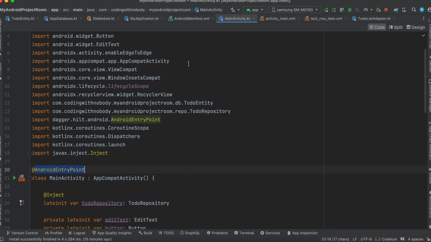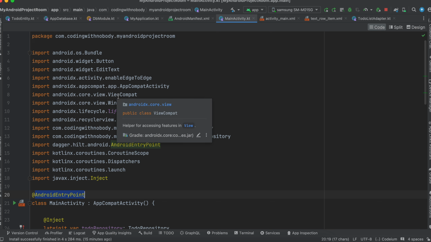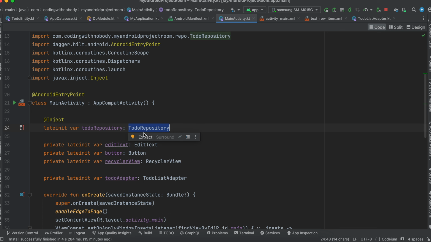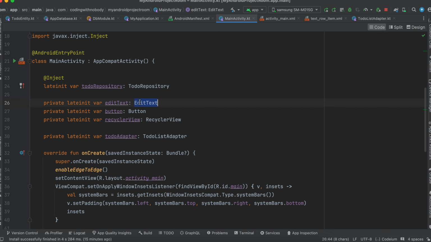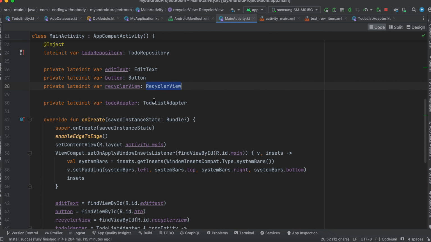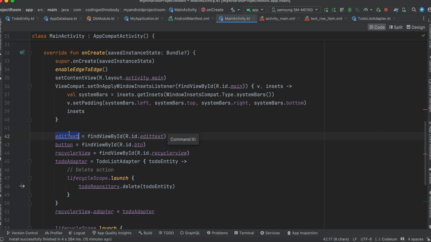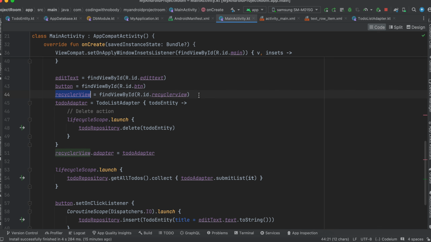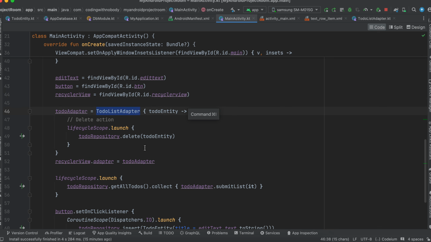Then coming to our main activity, again these are all the imports for it, and here we are injecting our to do repository. If you want, you can create a view model as well. I don't want to complicate this tutorial even further, that's why I'm directly injecting our repository. Here is our edit text, here is our button, this is our recycler view, this is our to do list adapter. We are initializing our edit text, our button, our recycler view, and here we initialize our to do list adapter as well. And whenever we get a callback for deletion, we just delete that particular to do entity,